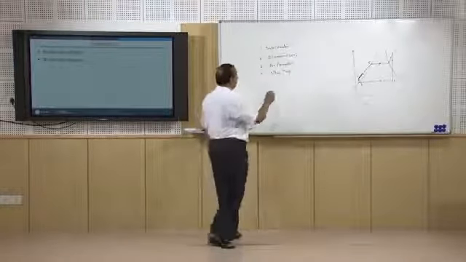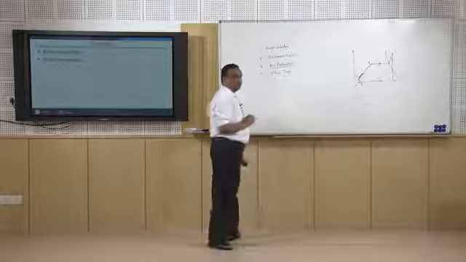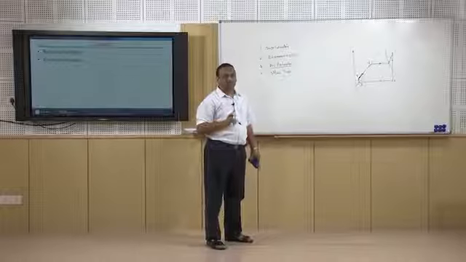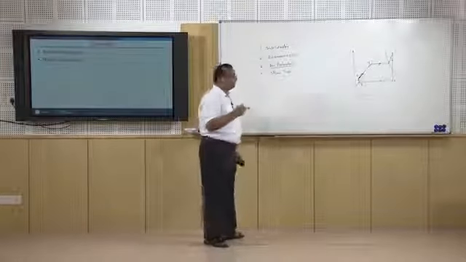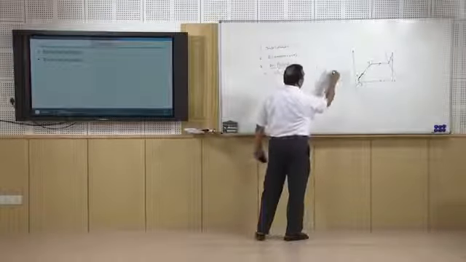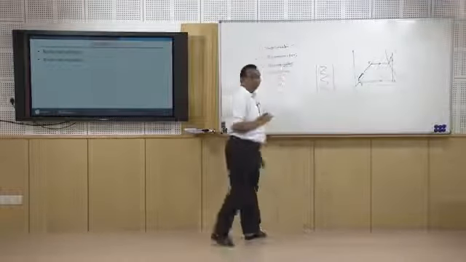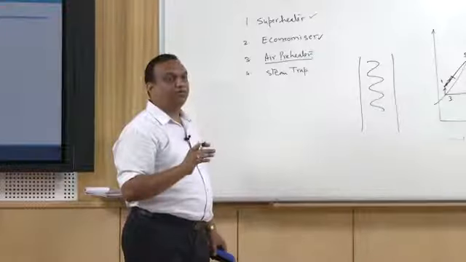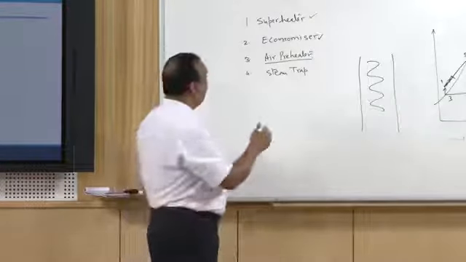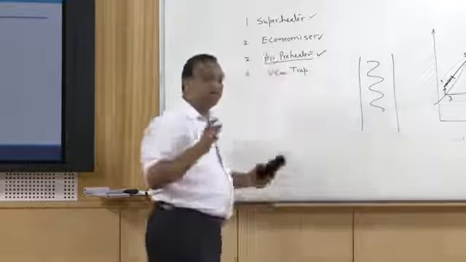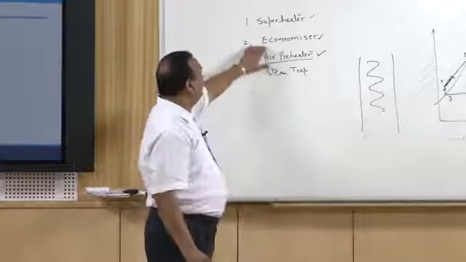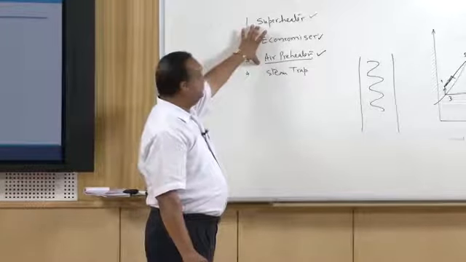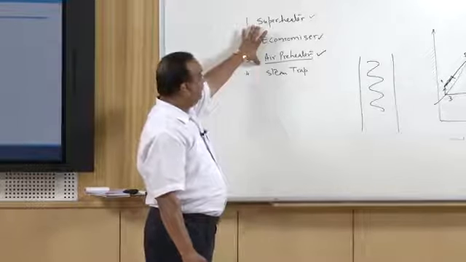Now, another one is the air preheater. The air which is going to the grate, the surrounding air used for burning the fuel, is first circulated before the flue gases. So, it takes heat from the flue gases, and when it takes heat from the flue gases, the temperature of this air rises. That is why it is known as air preheater. So, the air preheater is also a heat exchanger. The economizer is a heat exchanger, the superheater is a heat exchanger, and the purpose of these accessories is to increase the efficiency of the cycle or the efficiency of the boiler.